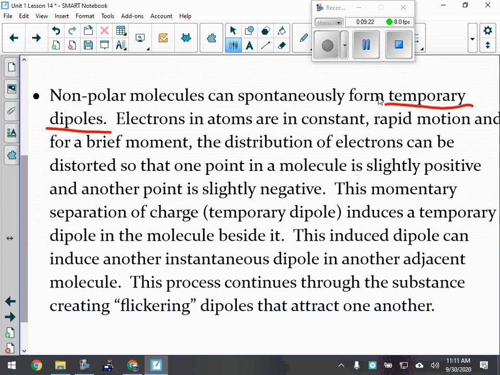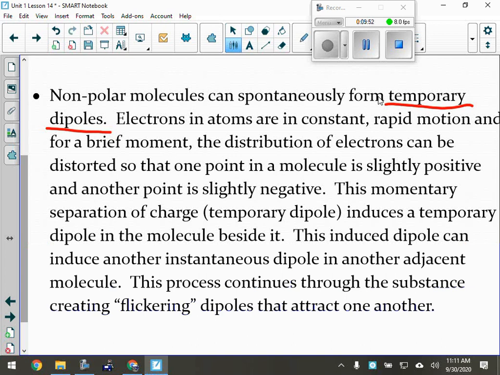And they do that because electrons are in constant rapid motion, and for a brief moment, there's going to be a distribution that's not quite balanced out, okay? I'm going to show you an example here, and it's a very basic example, but it kind of is true for all nonpolar molecules. When the electrons aren't perfectly distributed between the 2 atoms or between the 4 or the 20 atoms that we have, there's going to be a little bit of a negative end and a little bit of a positive end for a